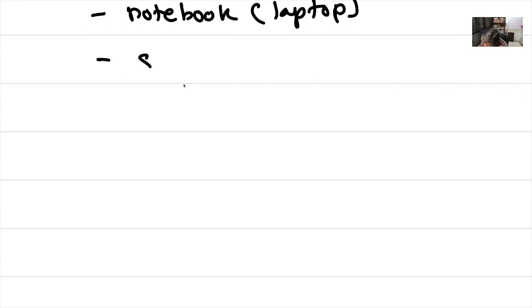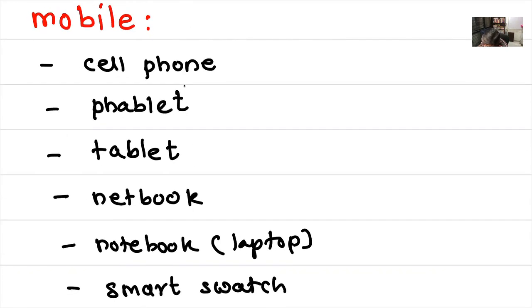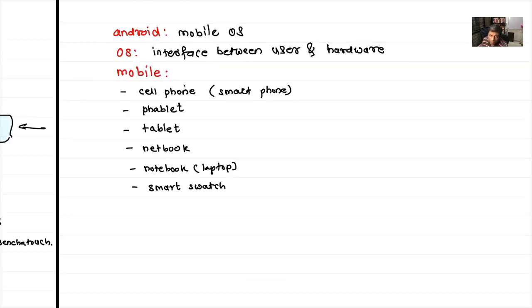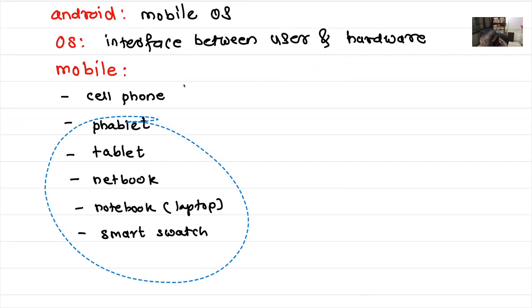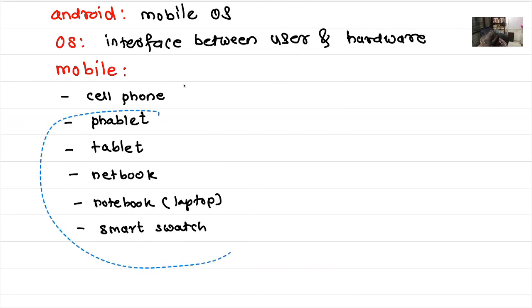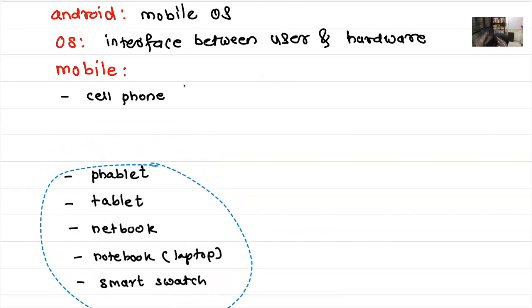Other than that, there is something called a smartwatch. Oh, by the way, when I say cell phone, I'm going to say that this is nothing but the smartphone. Probably you might have heard about that. When we talk about mobile, mobile is not only the cell phone which you are using at this moment,